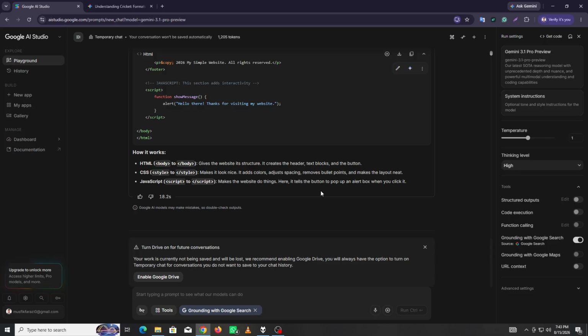Always test AI-generated code yourself. AI can produce bugs, insecure patterns, outdated approaches, or code that doesn't match your specific environment. Never share